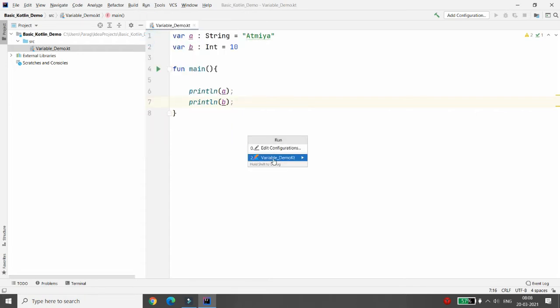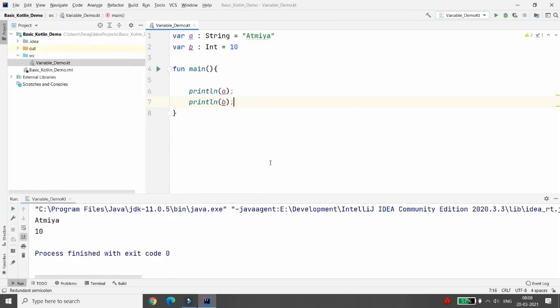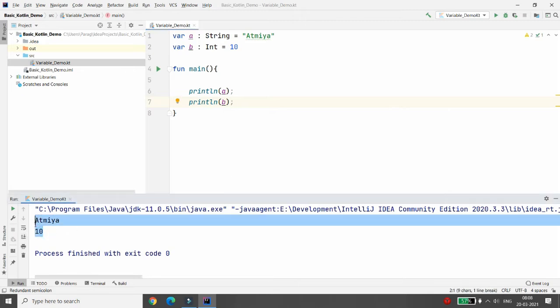You can select your file name and it will run. Once it runs, your terminal will open, and here you can get the output, that is 10 Atmiya. So this is how I accessed my variables a and b. No need to write a semicolon in the Kotlin programming language.